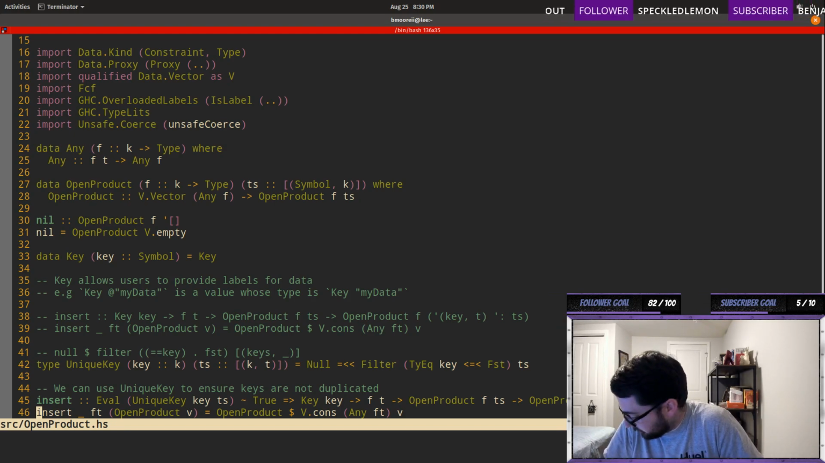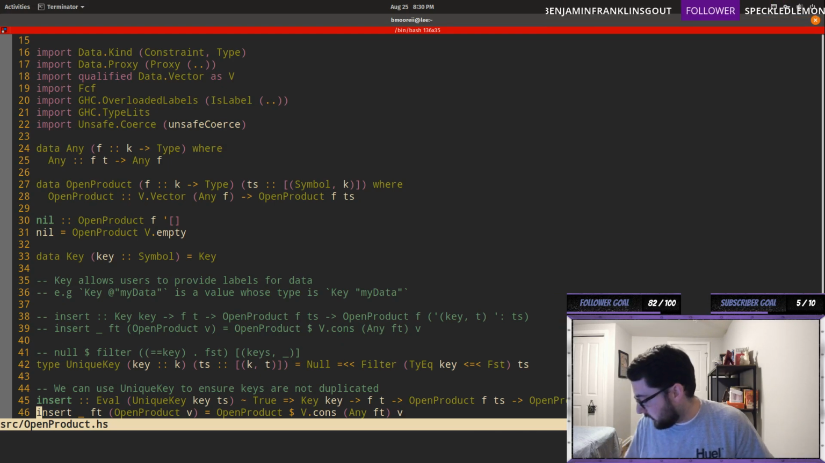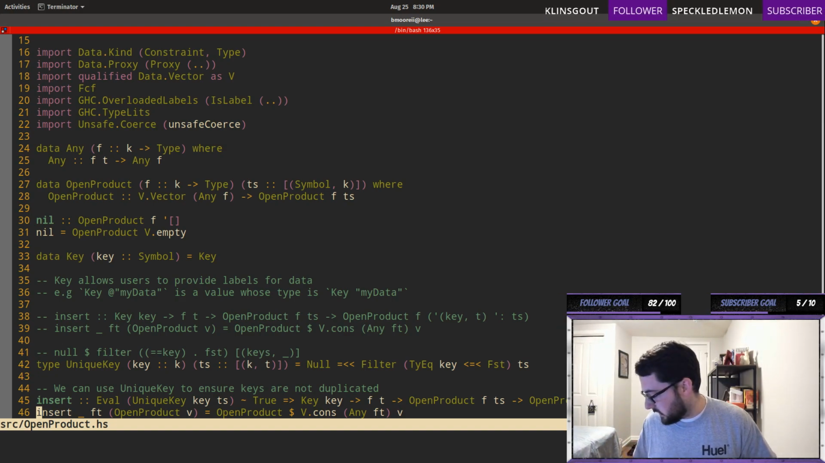So that's cool. To project data out from an open product, we'll first need to write a getter. This requires doing a lookup in our list of types to figure out which index of the vector to return. The implementation is very similar to that for OpenSum, except that we compare on the key names instead of the Ks